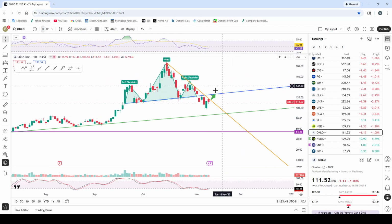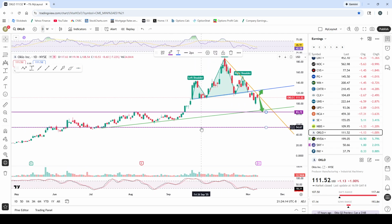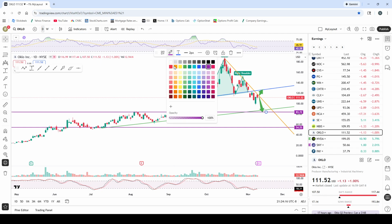Very, very short term, it's actually right at the top of the resistance, which means it has more chance of a pullback to here, or even down to here, right here. Where's that line? Right here. Okay, so